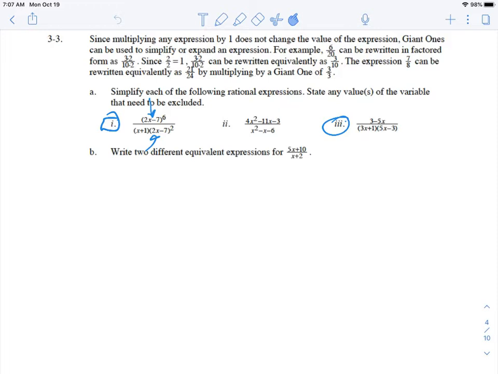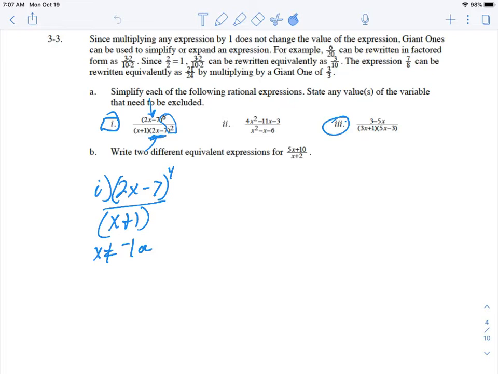So if I subtract my exponents, in part 1, I get a 2x minus 7 in the numerator to the 4th power over x plus 1, where x cannot equal a -1, or